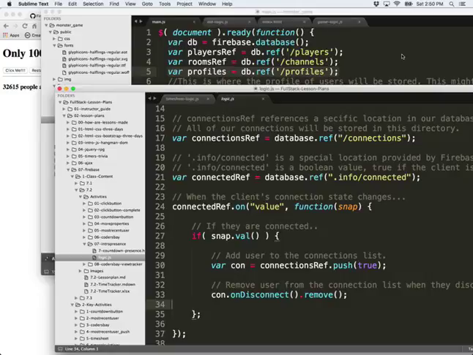Which part are you at? So over here, we have your connections inside here. So we have connections, which are all connections. Then we have connected, which would be each individual connection, right? So then on value change, basically,